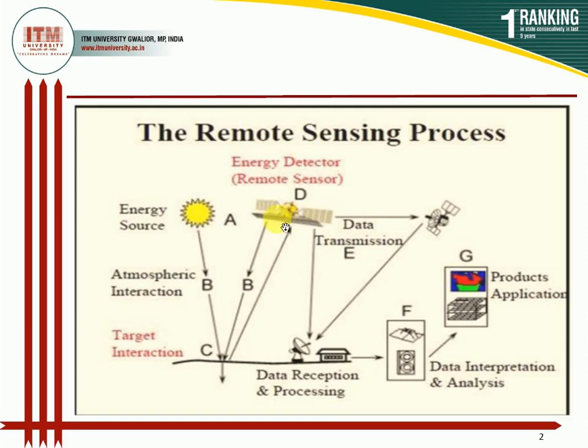In active remote sensing, the satellite itself acts as a source of energy. It transmits some sort of radiation which strikes the surface of the target object, is reflected back, and is stored by that particular satellite. This satellite gives a signal or information to a remote station which is present on the earth's surface.